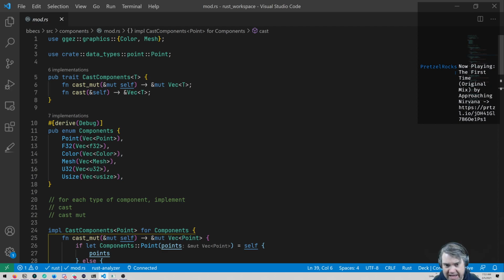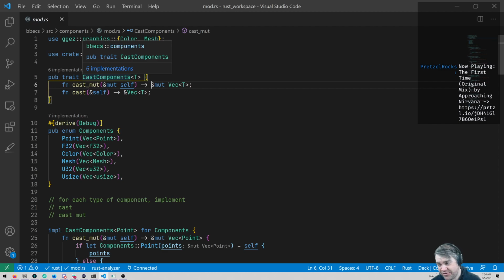So I'm almost thinking this should be an error. If you attempt to cast and you can't do that, I don't want it to be a GameResult, because that's specific to GGEZ, meaning that we have to invent our own error now.